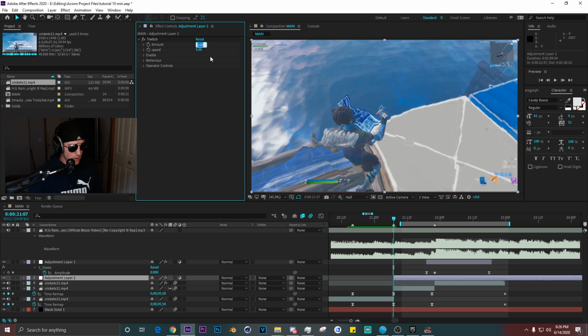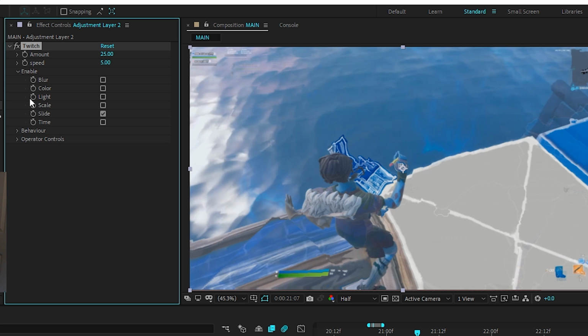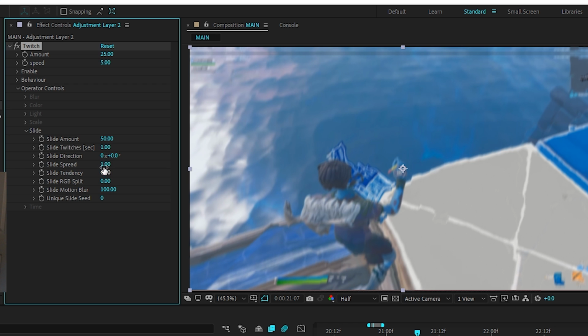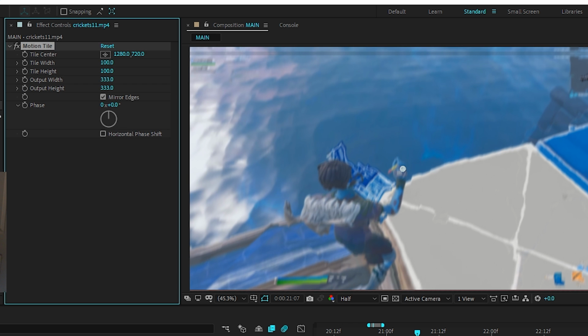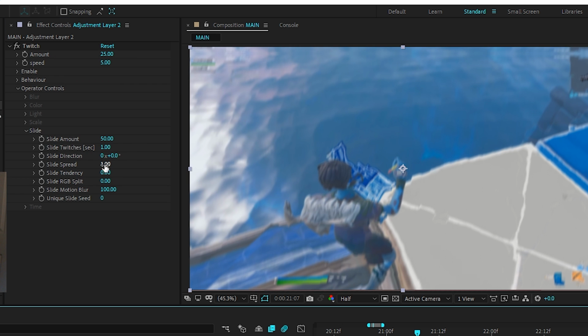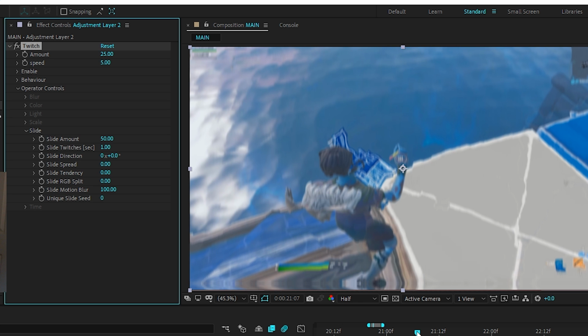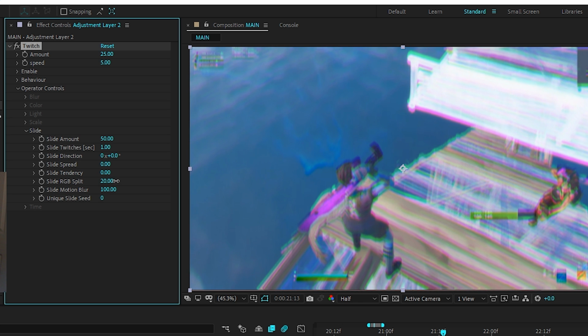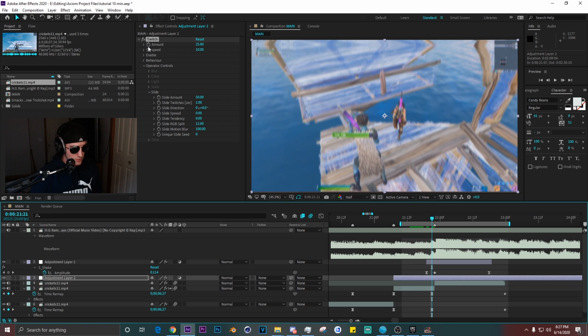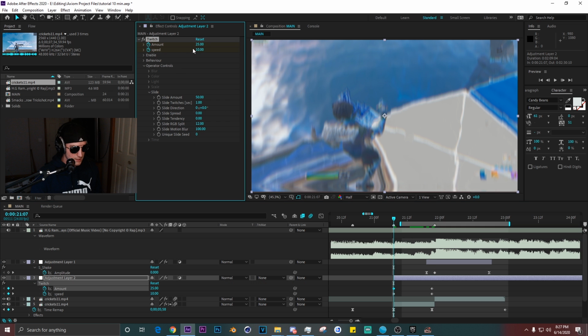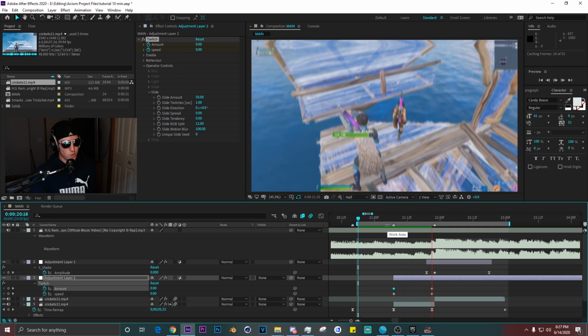I don't know. All right, amount, let's go like 25. Enable slide, operator controls, slide amount 50. Oh, we also need to put motion tile on this, so put this. Then we're gonna put spread to 0, so it's just Y shake, but RGB split up a little bit. 10. Then what we're gonna do, keyframe both of these, both of them at 0. And now this is what we got. Let's put this one up to like 45 maybe, and then